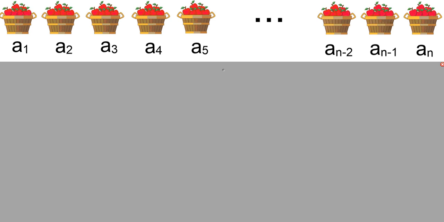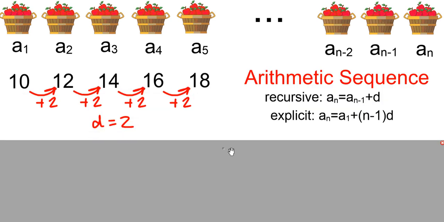Remember last time we were talking about sequences and bushels of apples. Specifically, we were talking about arithmetic sequences. An arithmetic sequence is where you take a number and you add that same number over and over again to get to the next term in the sequence of numbers. So in this example, that D number is 2 because we're adding 2